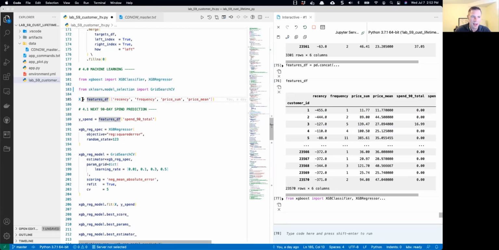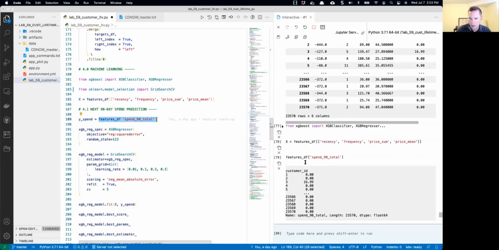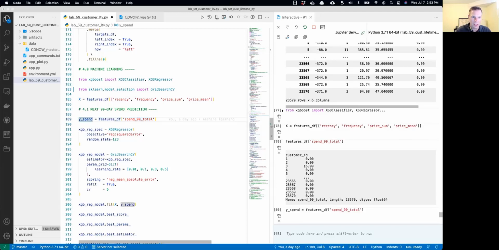We're going to make an X and a Y, but because we're making 2 models, our Y is going to be different, but our X is going to be the same for both of these. Our X is going to be our features: recency, frequency, and monetary features. And these are our regressors. And then our Y, our target variable, is going to be the features DF spend total, shift enter, and it's going to be just a Pandas series. And I'm going to call it Y spend